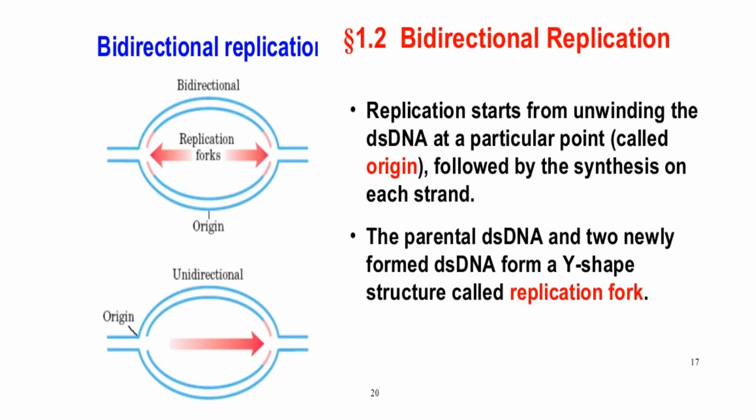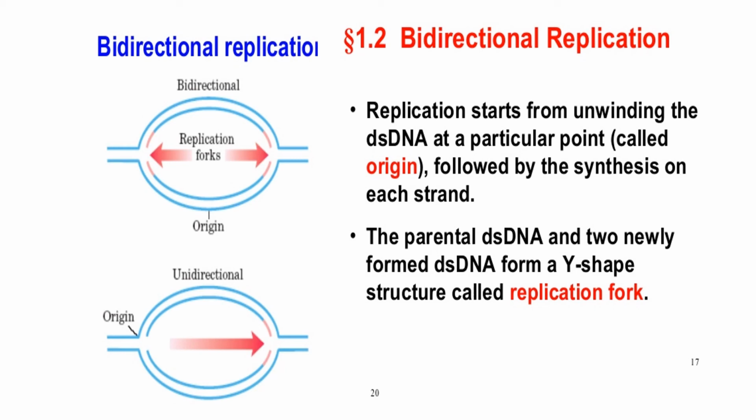Bidirectional replication. Here you can see in the figure on the first side that bidirectional replication means that when the origin of replication is identified by DnaA protein and the replication takes place in this replication bubble, both directions may be involved in the replication, or this may lead to the second figure of unidirectional replication, where only one direction of the replication occurs.